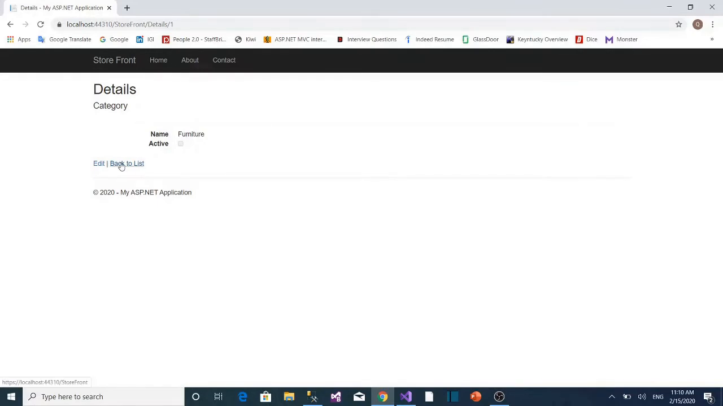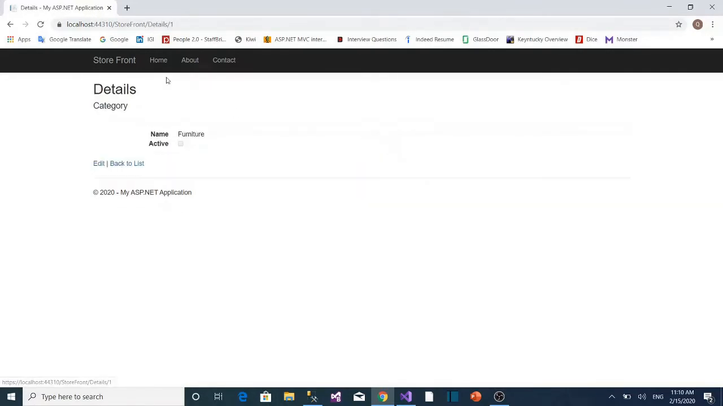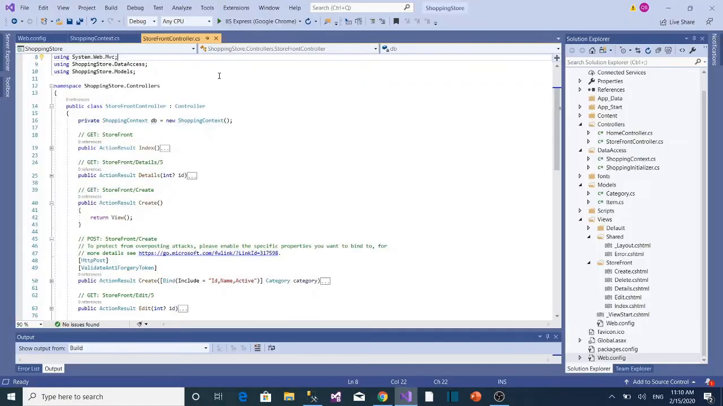So I'm going to make one change in here. I'm going to make the details view show us a list of related items for this category. So for the furniture, we're going to show its related items. So let's make the following change in here. So I'm going to go to the details